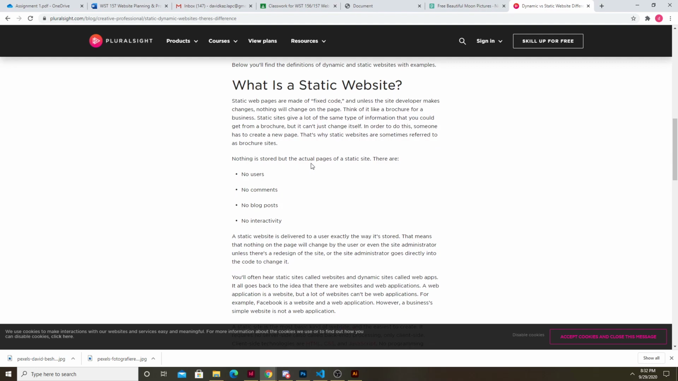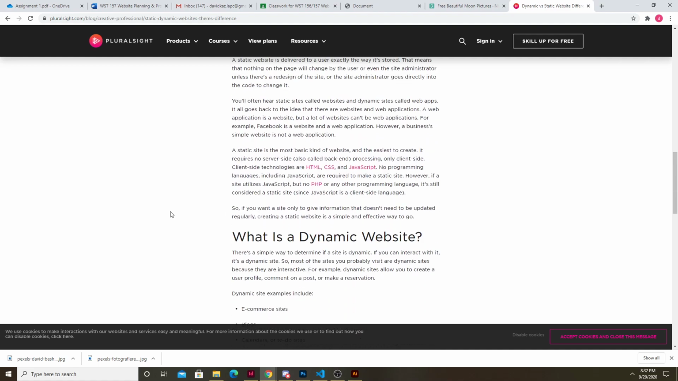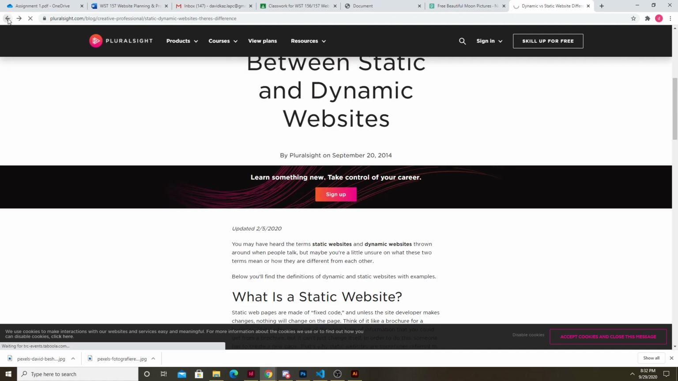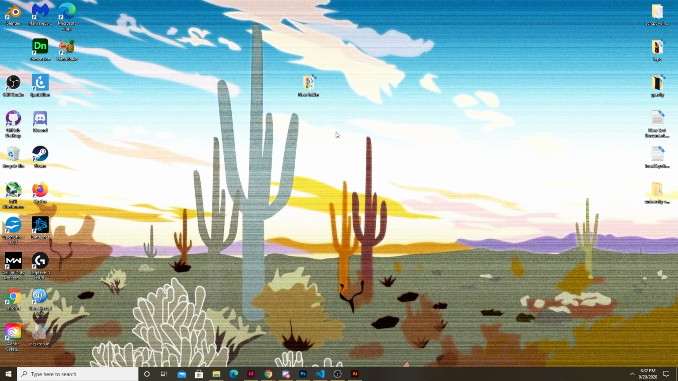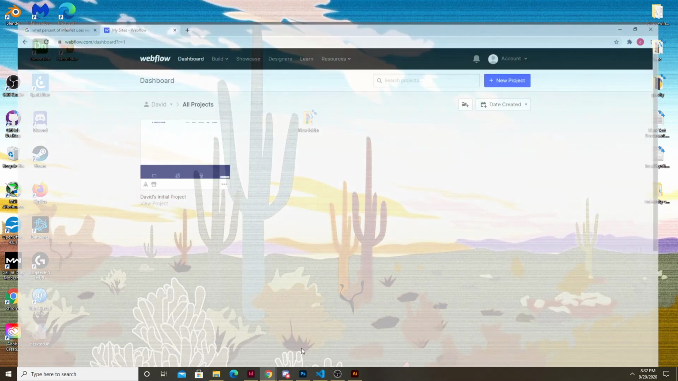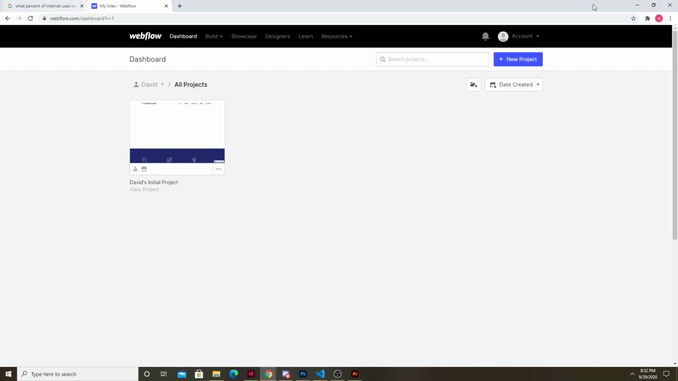So nothing is stored but the actual pages of a static site. There are no users, no comments, no blog posts, no interactivity. So as a beginner to web design, web development, you might build some static websites at first. And we could create a static web page for our first assignment, which is to come up with